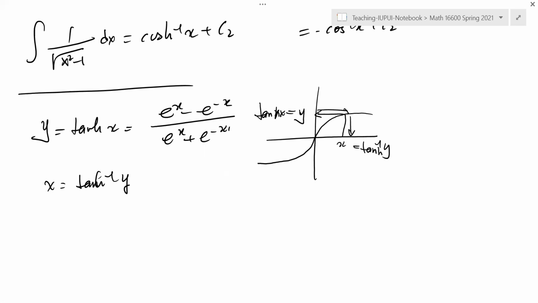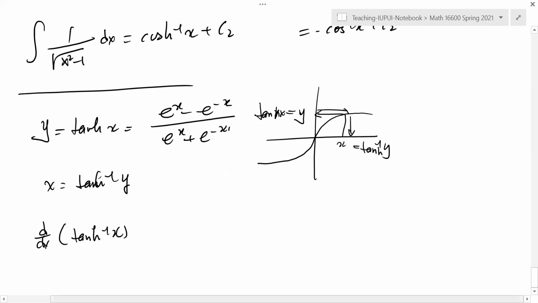There are two ways to do it. So let's find the derivative of this. According to the formula for the derivative of an inverse function, this is going to be